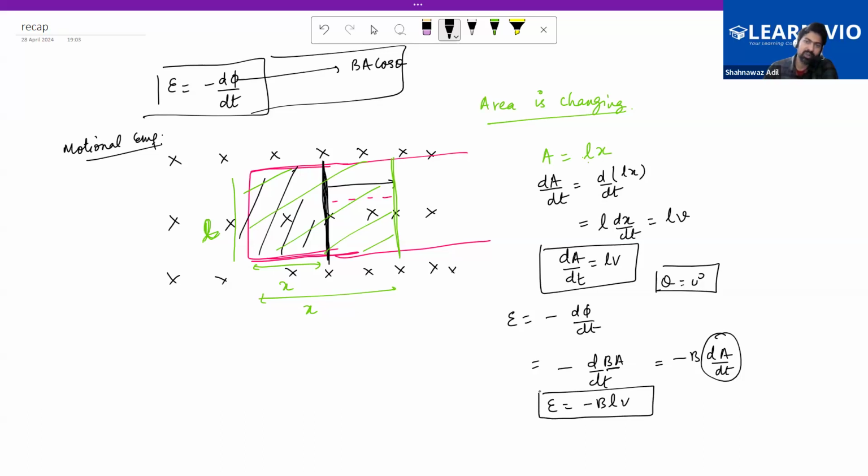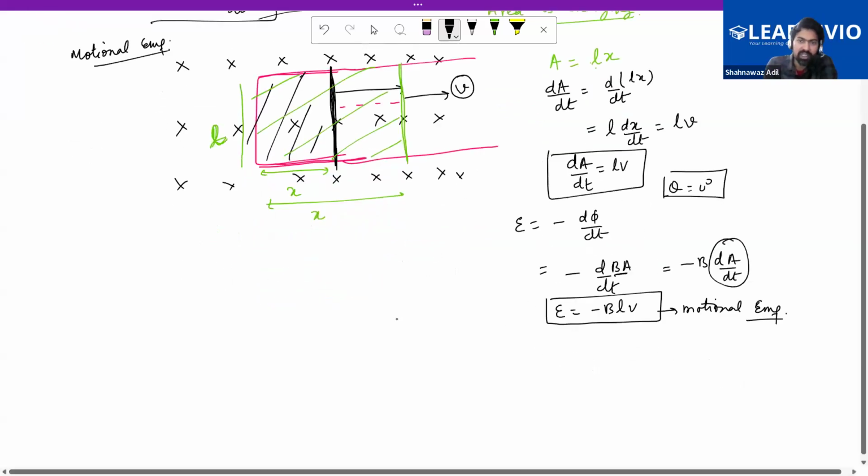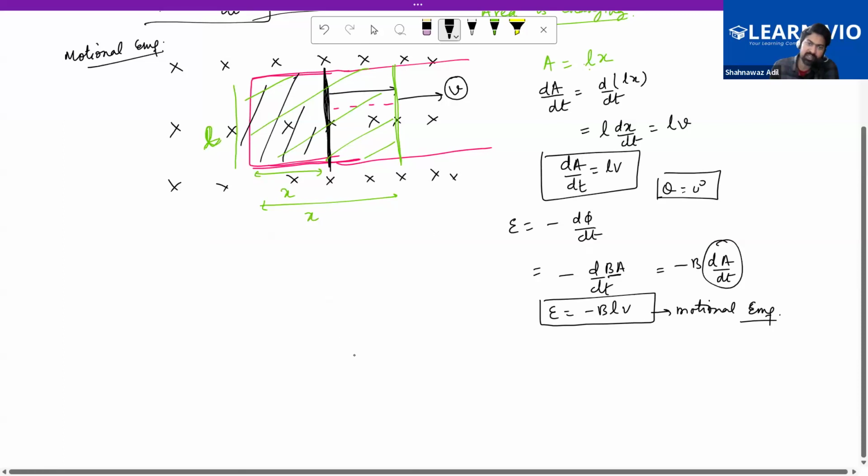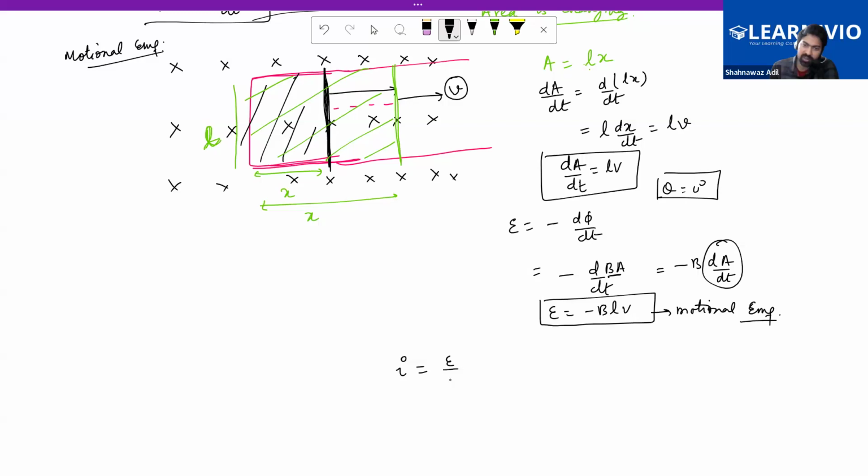right? So this is what we call motional EMF. You can see that this motional EMF is due to the velocity of this thing. So this is moving with the velocity v. So this is the EMF, and then we can also calculate the resistance or the current. So current is E by R. So this would be minus BLv by R,